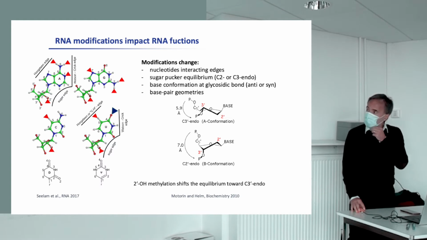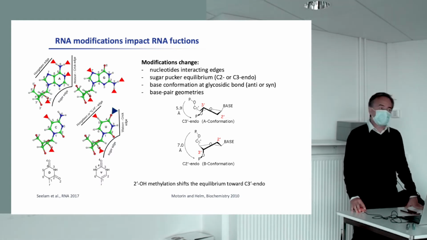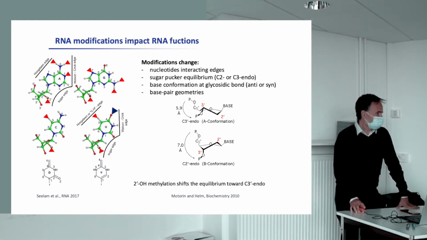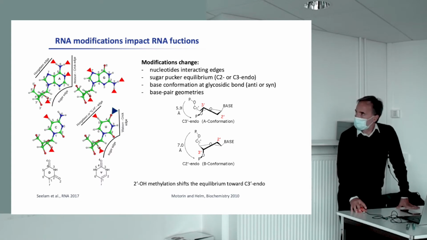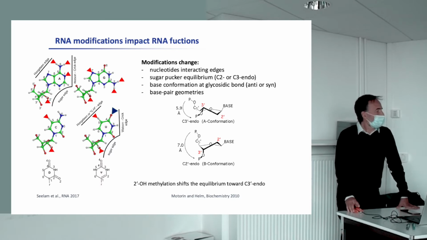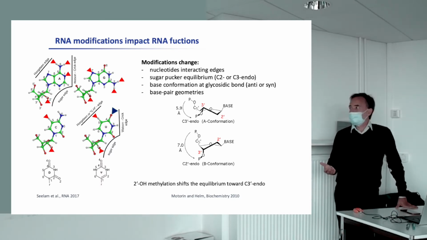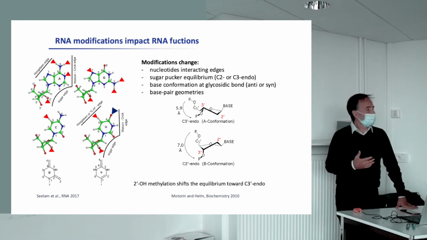We can have methylation of the ribose, not on the base, here on the ribose, on the 2' OH of the ribose, that can drive a specific pucker conformation of the ribose, the C3'-endo conformation. So when the ribose is in this conformation, it is more prone to give